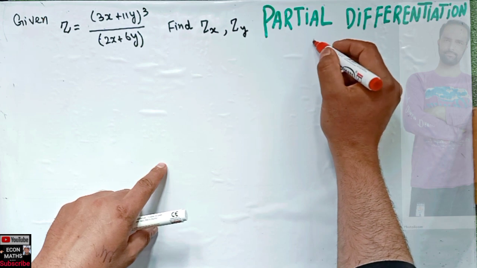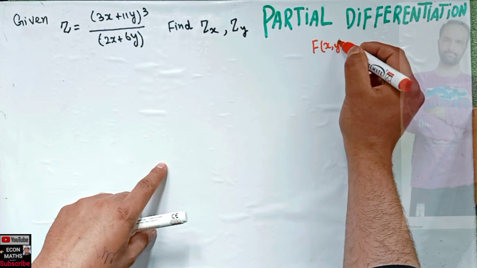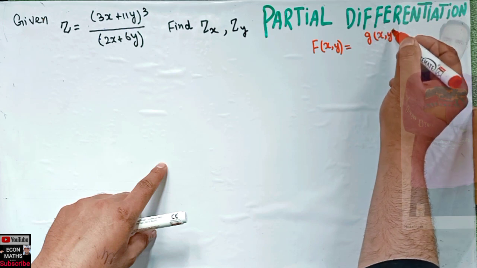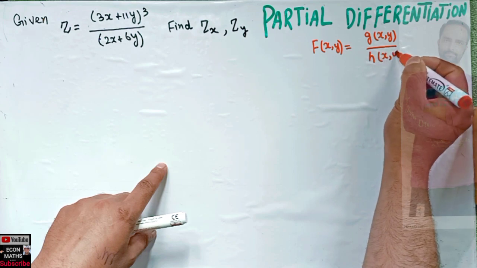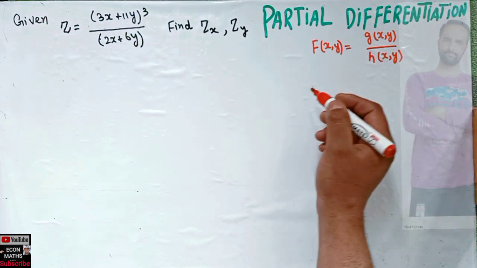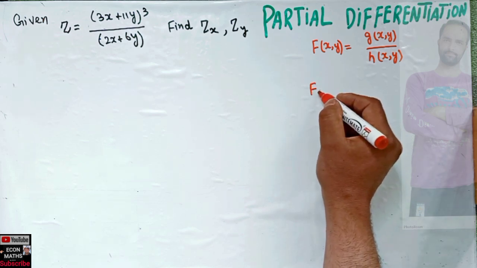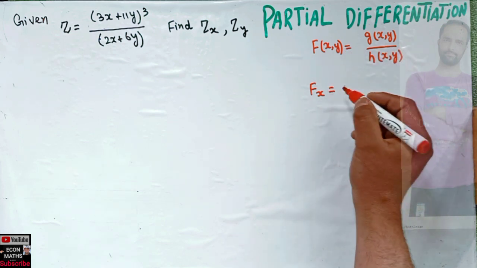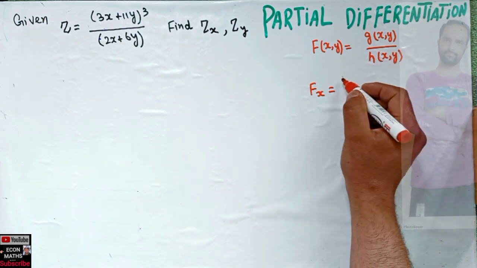Let us say we have a function f of xy is equal to g of xy upon h of xy. As this function is being given, taking the partial derivative using the quotient rule means f subscript x, which denotes the partial derivative of this function with respect to x, and it is being given by simply first we write this denominator function, that is h